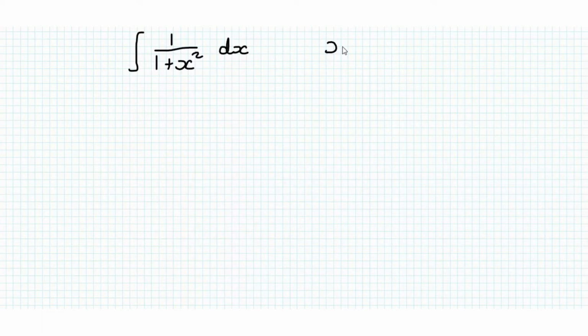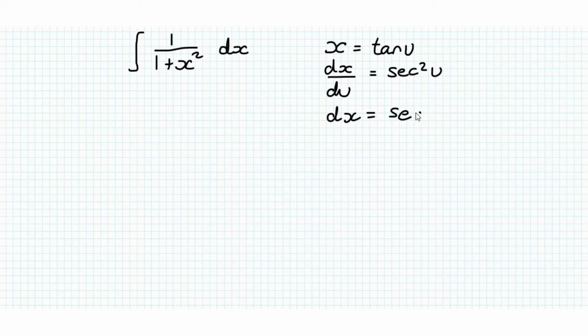We substitute x is equal to tan u, and then we get the derivative of x with respect to u is equal to sec squared u, and that means dx, you can take it like this again from the chain rule, but this isn't literally true, but anyway, it's not that dx isn't really equal to anything, but you get the point. And then 1 plus tan u squared is sec squared u, so this whole integral becomes sec squared u du